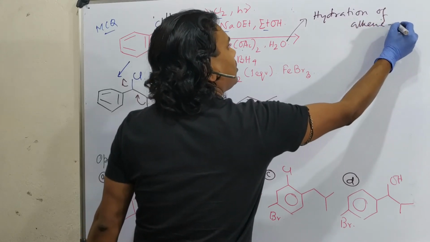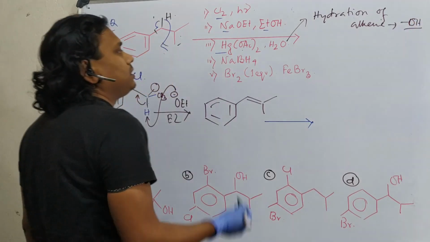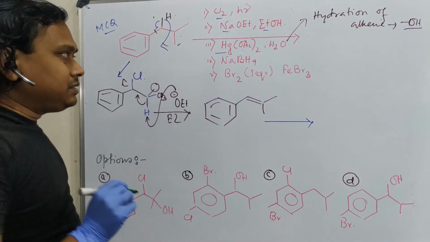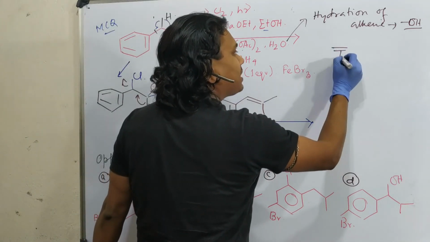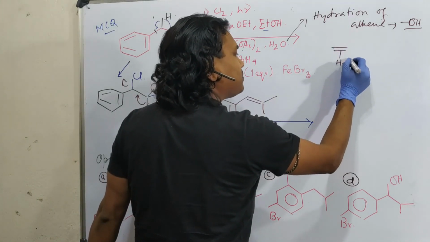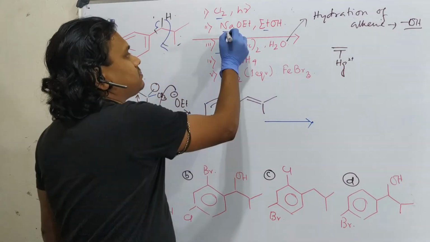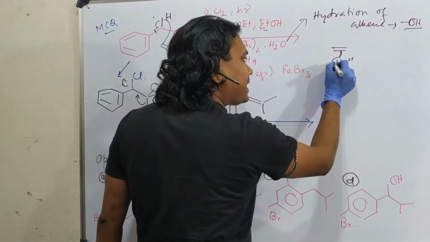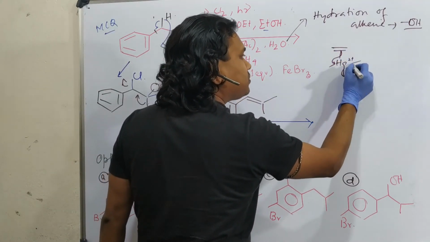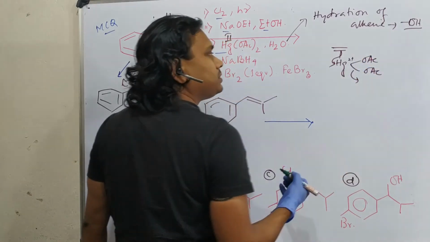Okay, to get alcohol derivative. Fine. Remember, in this case, very brief, I'll explain. First of all, this mercury 2+ gets coordinated to the double bond, soft interaction. This is mercury 2. Now, next step, what happens? This double bond attacks this mercury. Actually, it was 2 OAc attached and 1 OAc left.